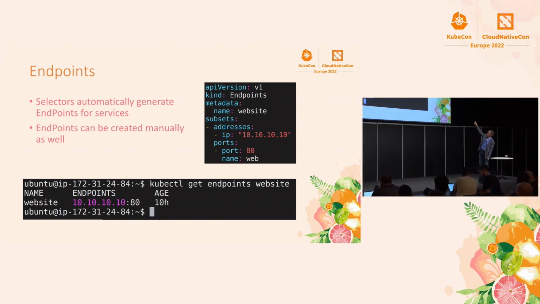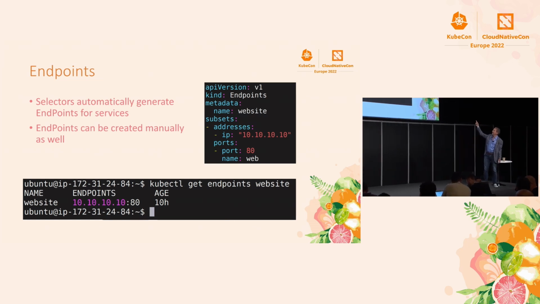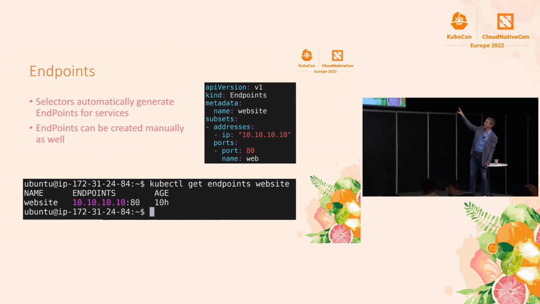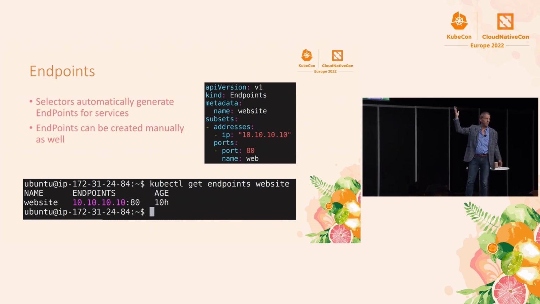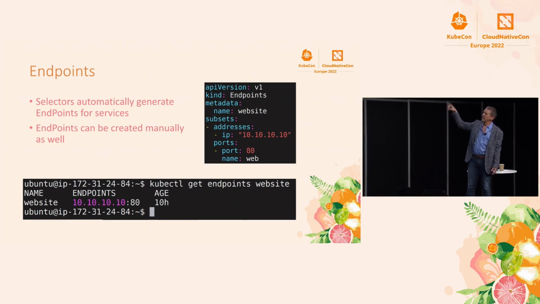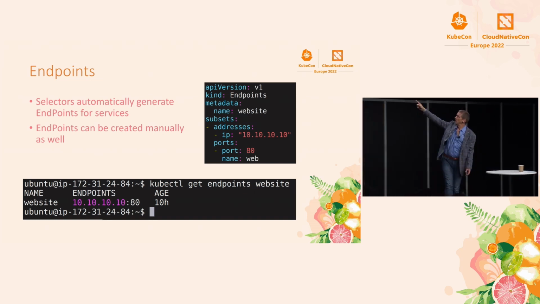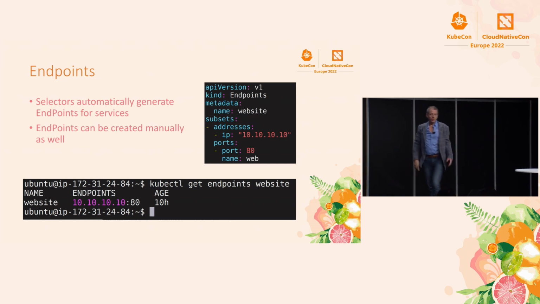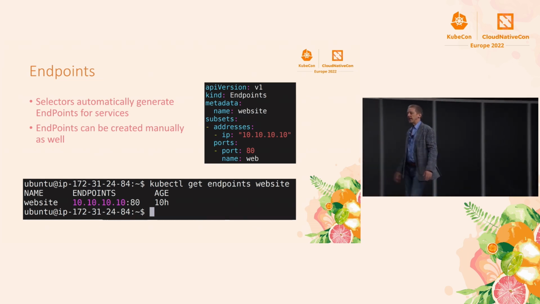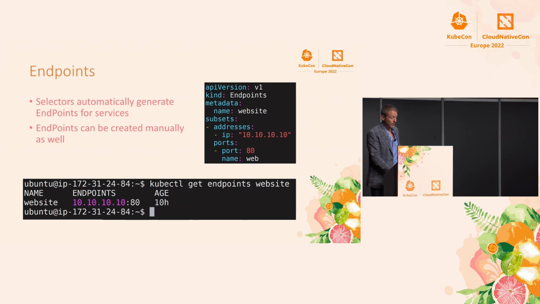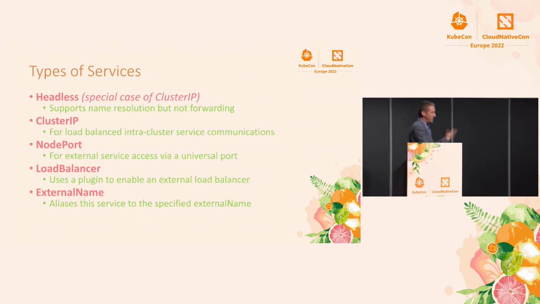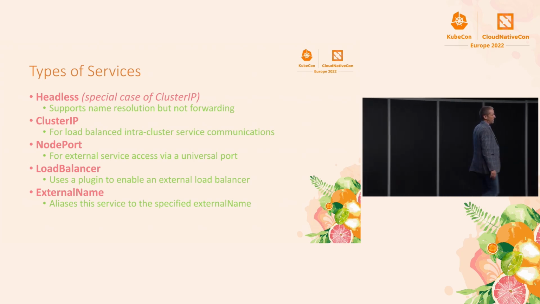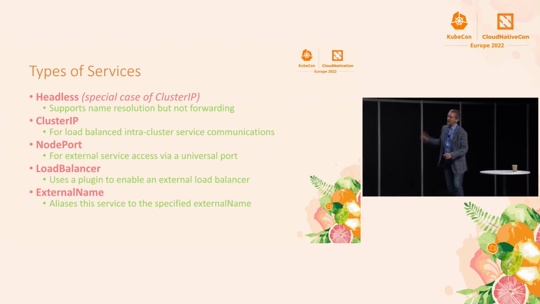And because the endpoint is named website, we know it's a sub-resource of the service website. And then it's got an address and the ports, just like we had before defined on the service side. And then next thing you know, you look at the endpoints for your service, and this guy shows up if you apply that endpoint. So you can create your own endpoints. You can have them produced dynamically by Kubernetes. So in general, if you're routing to pods, you would want them dynamically created. Now, what kinds of services do we have to work with? There's a bunch. The first kind is a headless service.